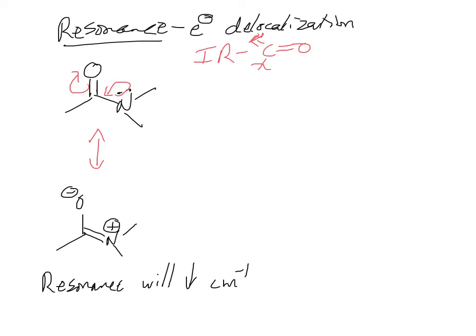The problem is, resonance doesn't always lower it. It does in this case. So resonance will lower the wave number in this case. What's a case where resonance will increase the wave number? Is that possible? Absolutely, that's possible. So in that case, we need resonance to take a single bond and make it more of a double bond. Now, how is that possible? Well,